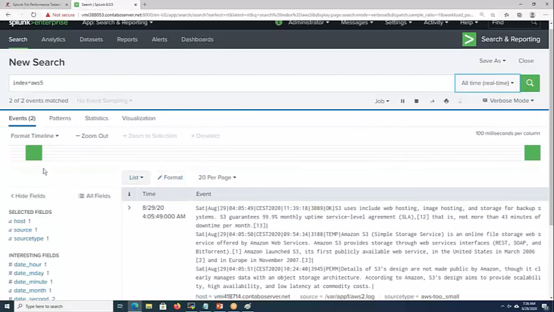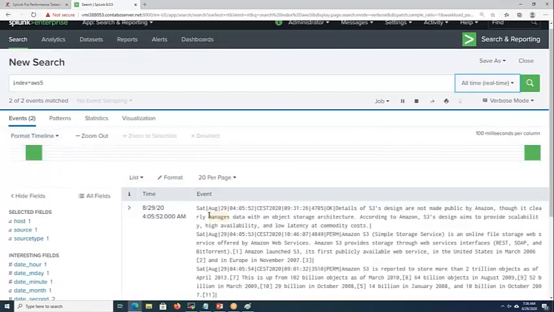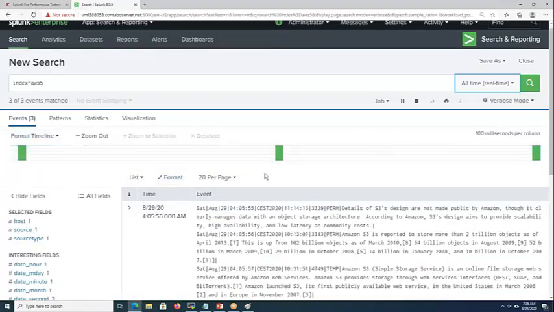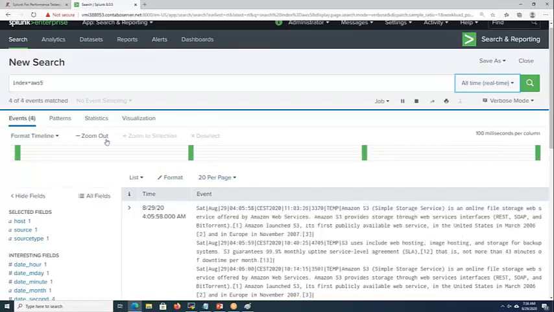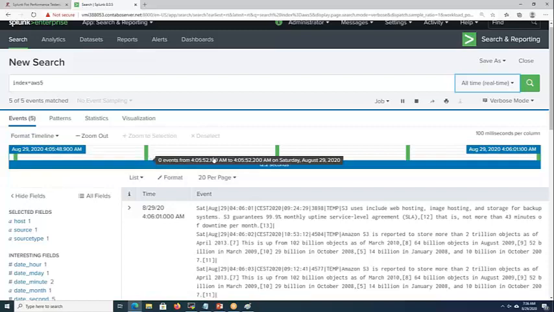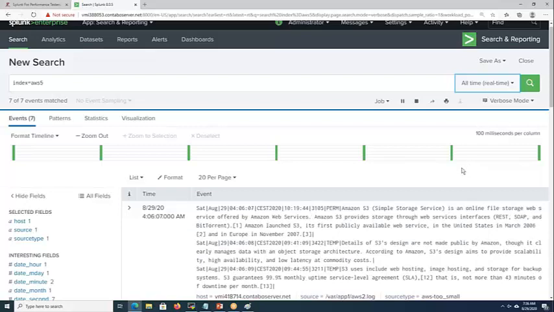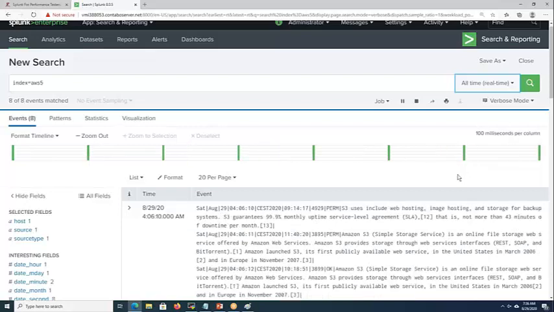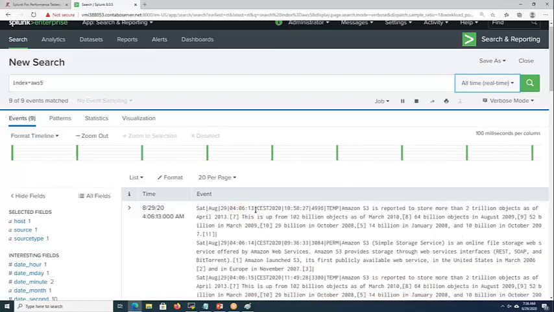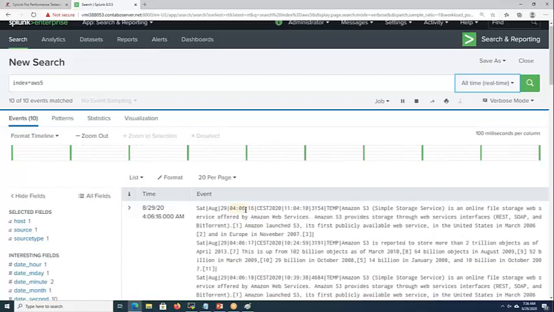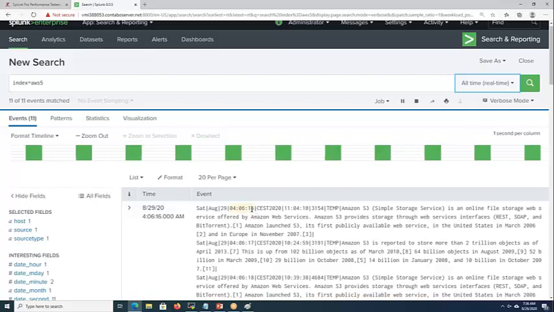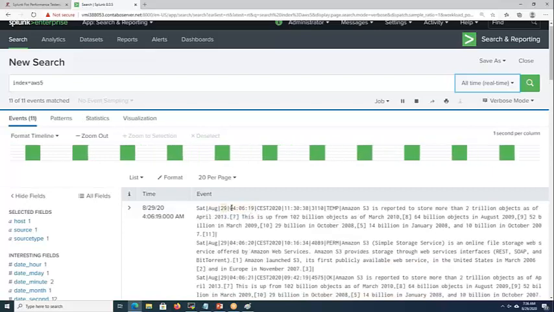See, my events are getting increased, so I am able to ship the logs from source to my Splunk indexer. Each and every line is one input. I am transferring the data at a very low pace; I am not flooding Splunk. See, this is changing: 613, 616, you see the milliseconds, 619.